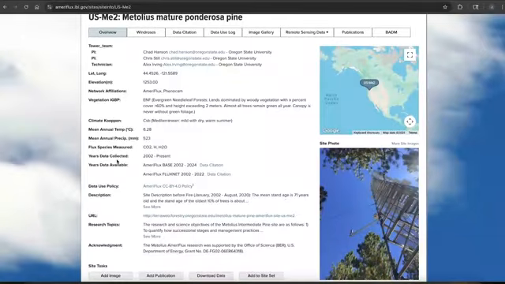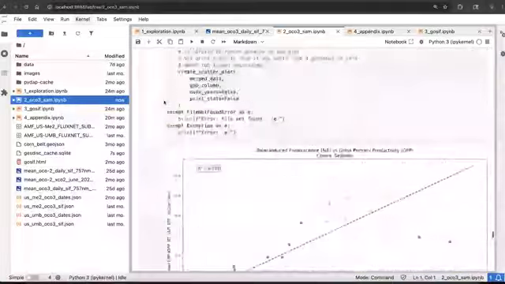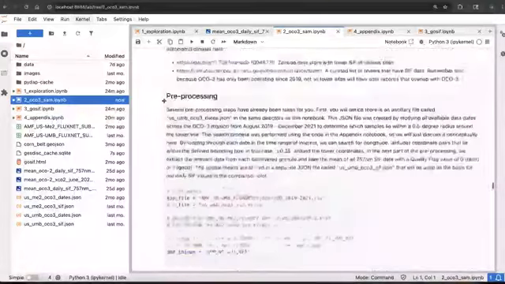Another important detail to note about USME2 is that there was a major wildfire in this region of Oregon in August 2020, and the area around the tower itself was burned. Despite this, the tower managed to continue collecting data, so we have a valuable resource on how this ecosystem responded to the disruption. Let's turn back over to the notebook and run the plots again to see what we can